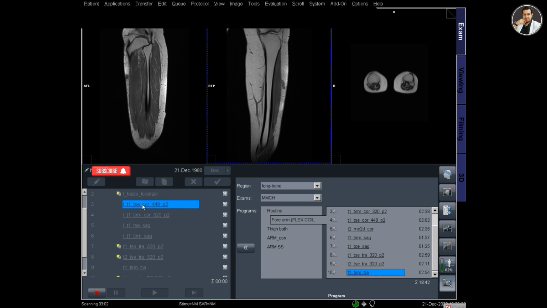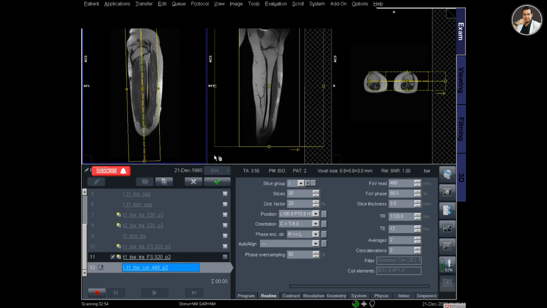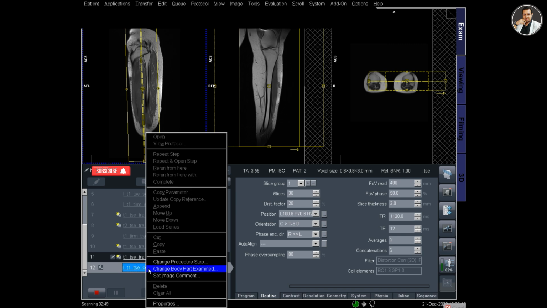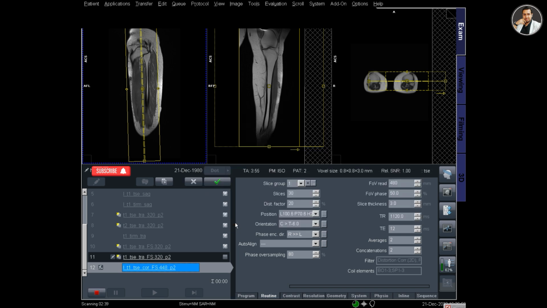And now I have to make coronal and sagittal post contrast protocols. For this I have to select the T1 coronal that I previously took and repeat this, open this, and at first I have to change the name of this sequence. I have to add FS, that means fat set, and click OK.